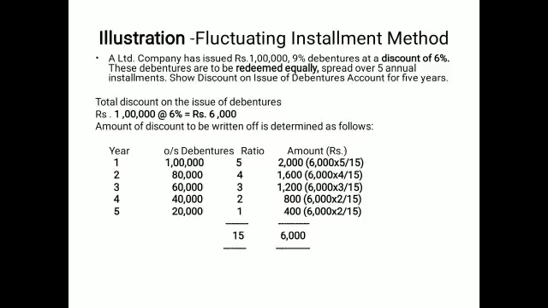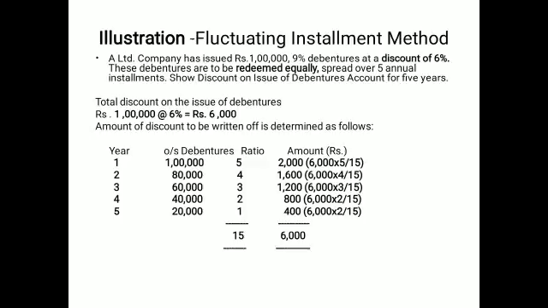Here the condition is referring to issued at discount, payable at par. So the loss is the 6% only. So on the 1 lakh at the rate of 6%, the discount value to be calculated is 6,000. If there is a loss, then add the loss also. But here the question does not mention any premium reserve or profit reserve. So directly you have to use the ratio on the 6,000.